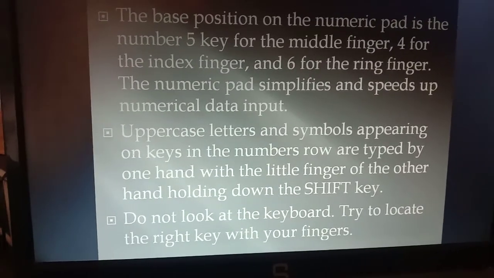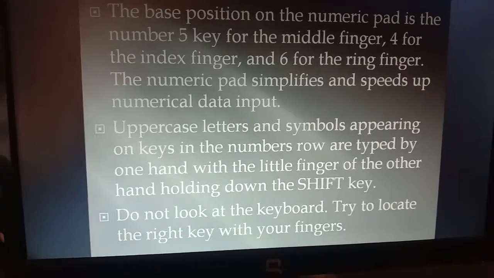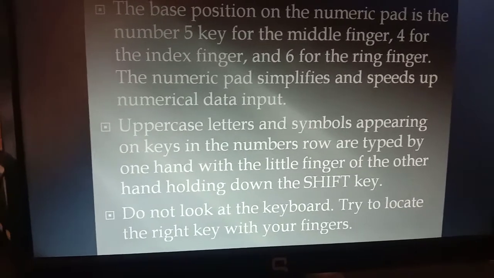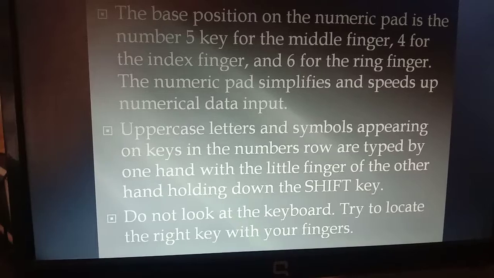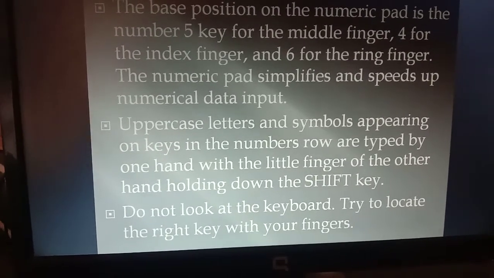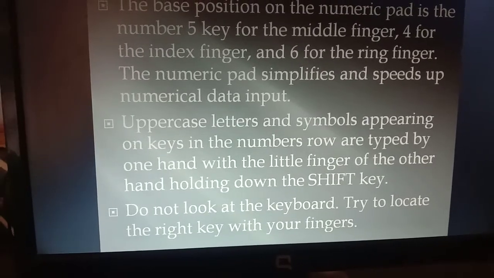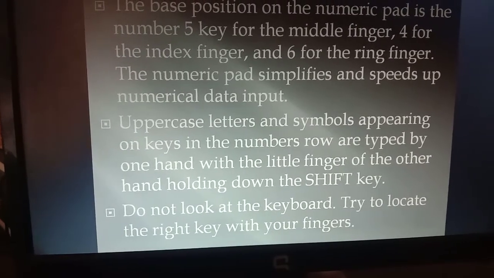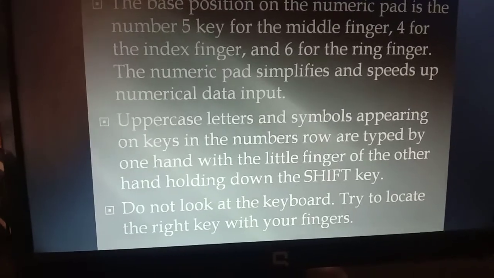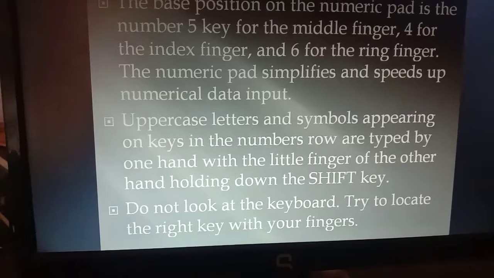Basically the base position of the numeric keypad is what? You can press the 5 with the middle finger, the 4 with the index finger, and the 6 with the ring finger. Uppercase letters and symbols appearing on the keys in the number row are typed with one hand while the little finger of the other hand holds the shift key.